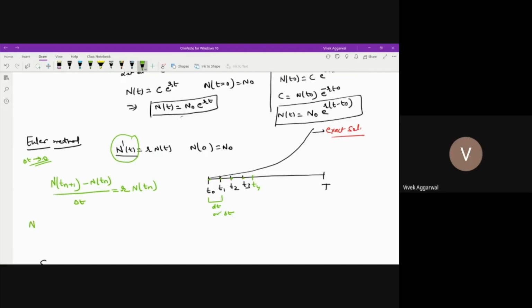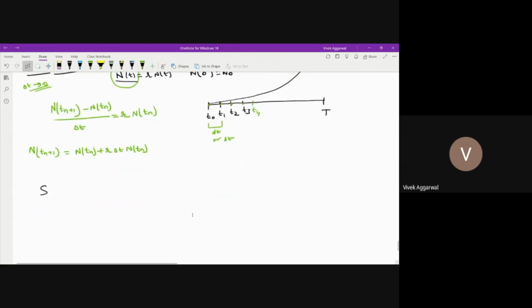Now I can write n at tn plus 1 as n at tn plus r delta t times n at tn.